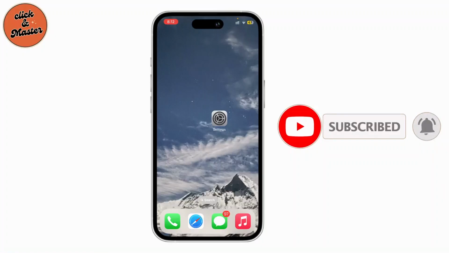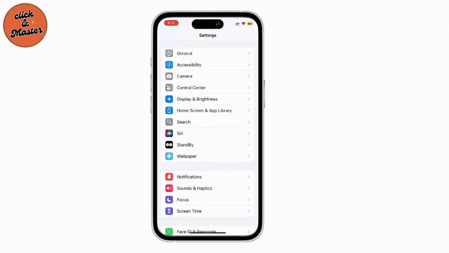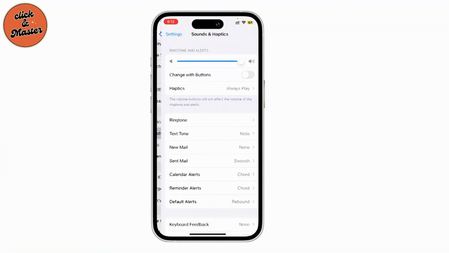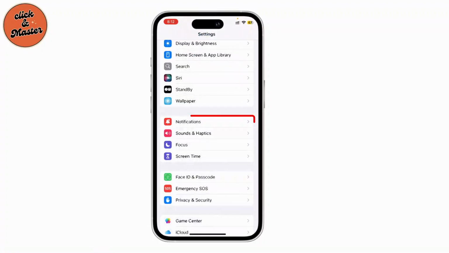Now, to turn on text message vibration, you'll have to go to your iPhone settings and then scroll down and go to Sounds and Haptics. There, scroll down and make sure System Haptics is toggled on, and then come back and go to Notifications,